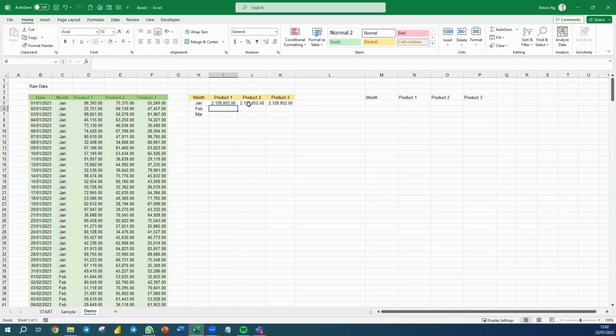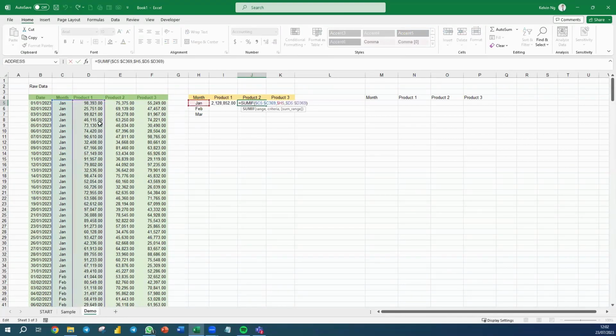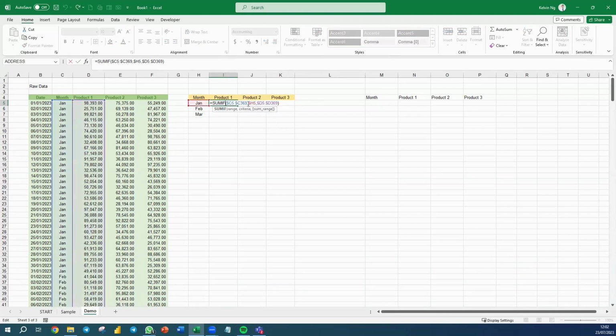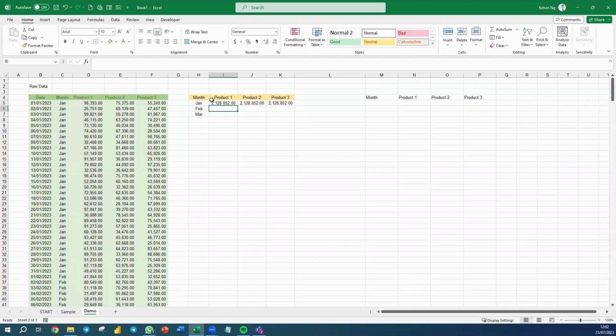Okay, let me just check this one. It's still looking at, oh, okay, I'm not supposed to lock only the D. Let's do this again. I'm not supposed to lock only the D. In fact, I will lock only the 5. Let me just copy this over. Yeah, that's the answer. And when I copy it down,